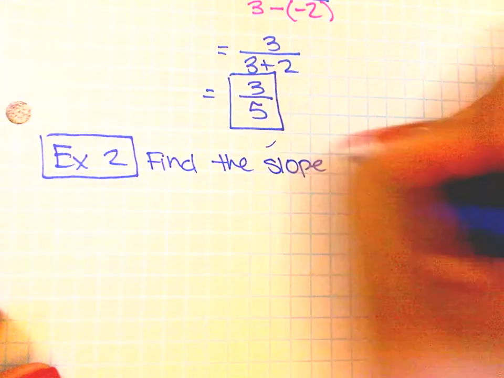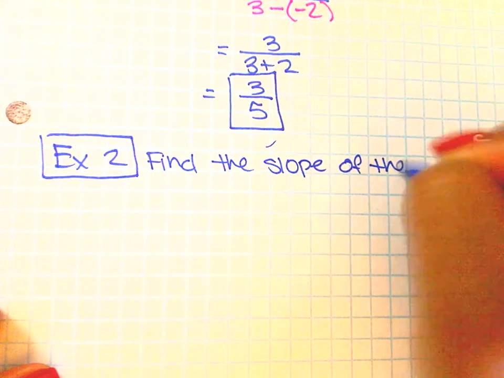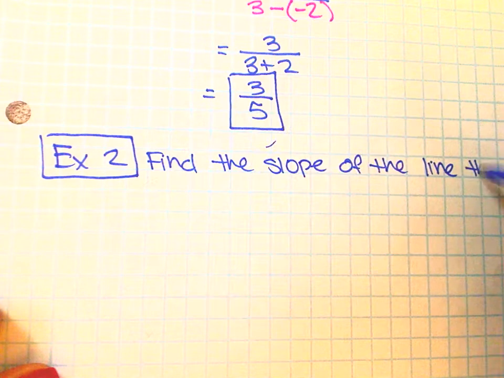Your directions will say find the slope of the line that passes